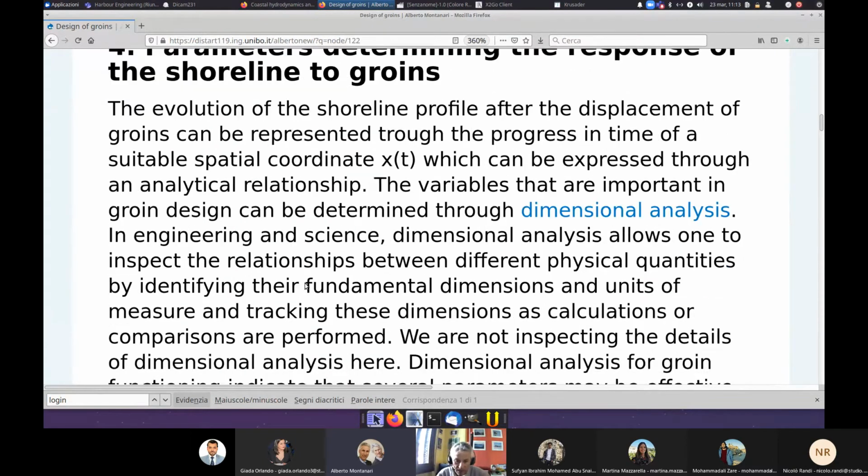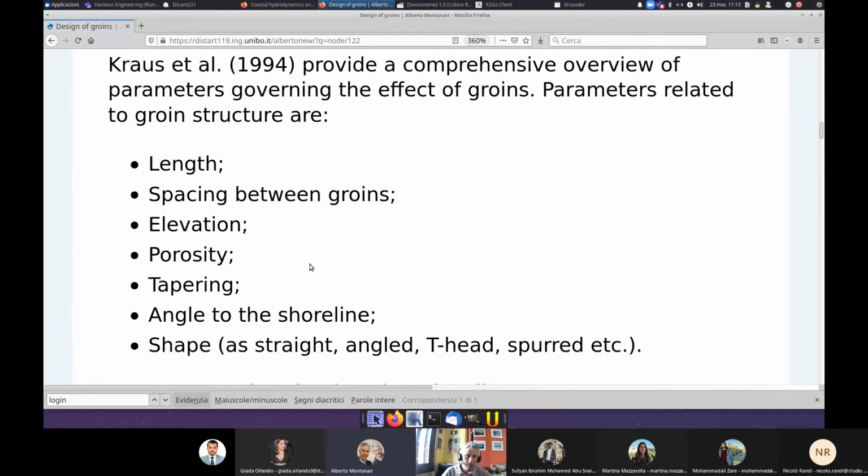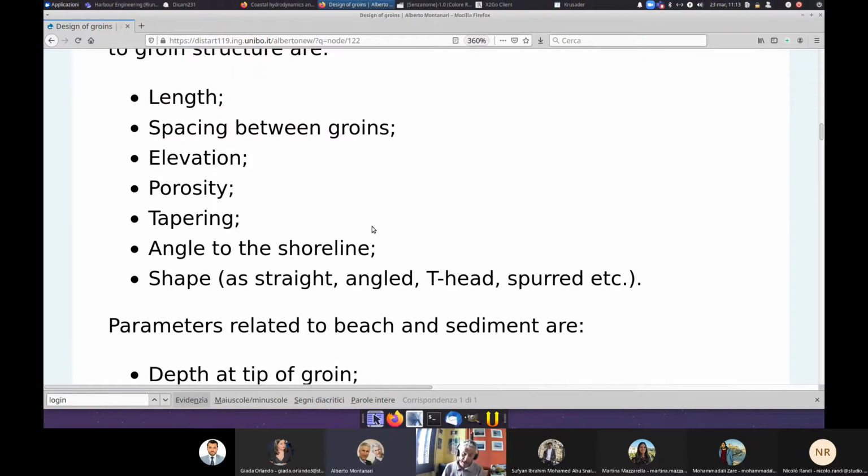I just want to make a description of these parameters, which can be divided into parameters related to groin structure and parameters related to waves. Let's discuss the relevant parameters governing the new shape taken by the shoreline